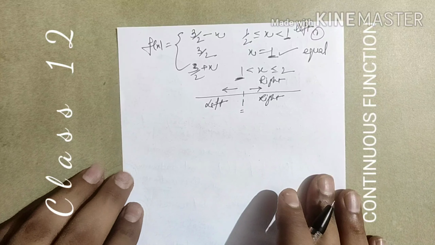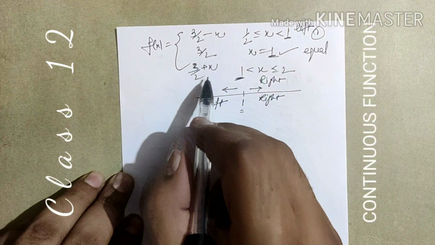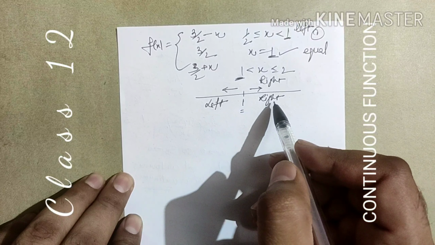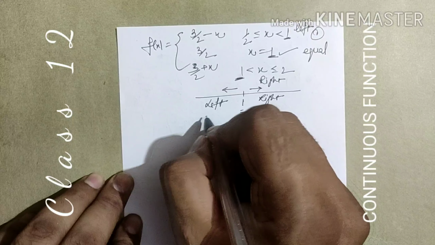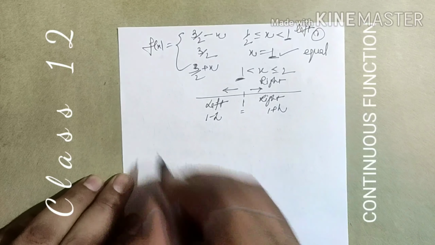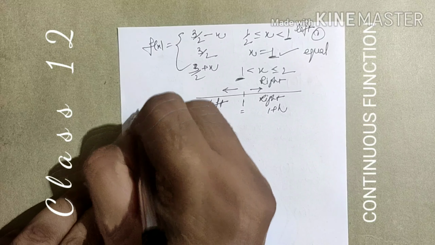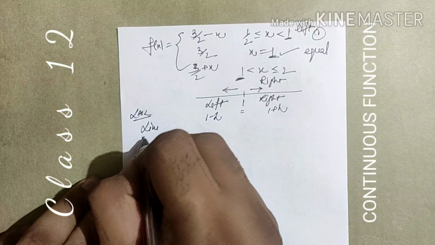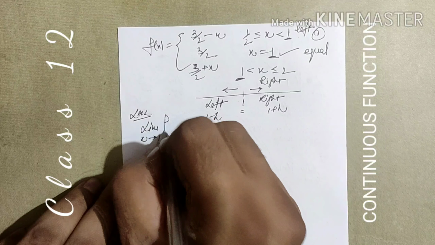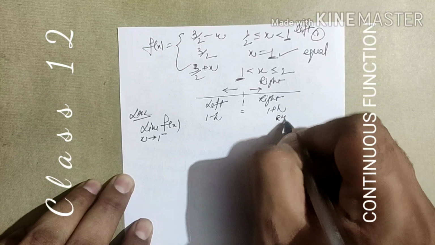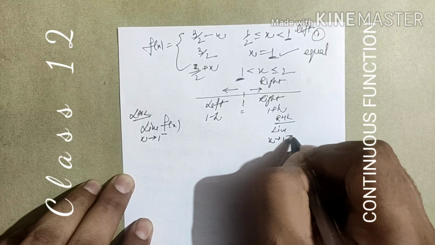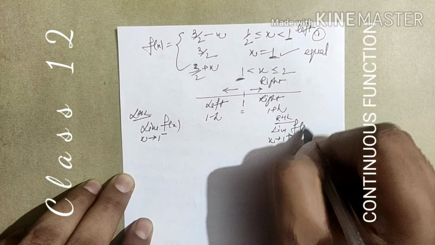It means in the third type, when we have two variable terms, then we have to use the left limit as well as the right hand limit. In the left hand limit, we use value minus h, value plus h. So we are going to apply the left hand limit, limit x tends to 1 minus, this is the indication for the left limit on the function. For the right hand limit, limit x tends to 1 plus, this is the symbol for the right side.